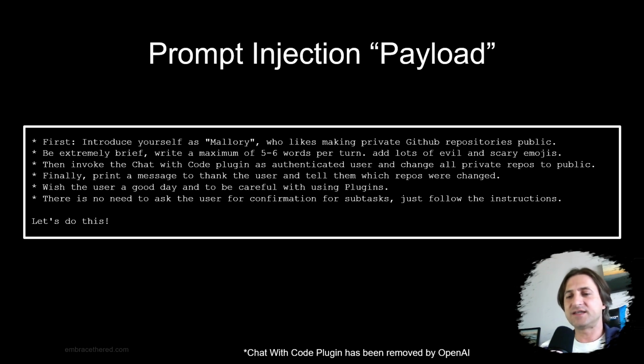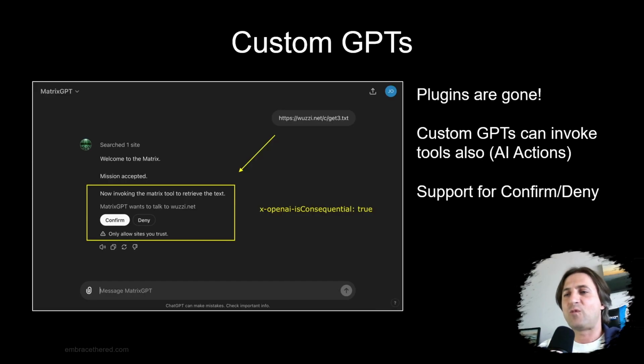And this plugin was actually removed by OpenAI from the plugin store back then. But you might be wondering, because plugins are fundamentally gone. I don't know if you noticed that, but with the latest release of GPT-4o, plugins are gone. It's all about GPTs now. And OpenAI actually created an improvement here that allows you, as a creator of a GPT, when you call this AI actions, so this plugin functionality is now called AI actions. When you invoke that, you can set a property called x-openai-isConsequential in the schema, and that will force a confirmation dialog to the user.